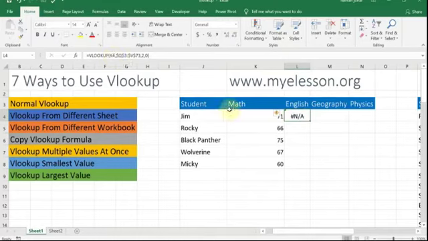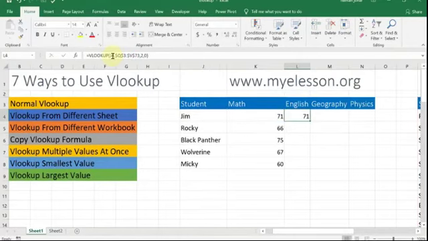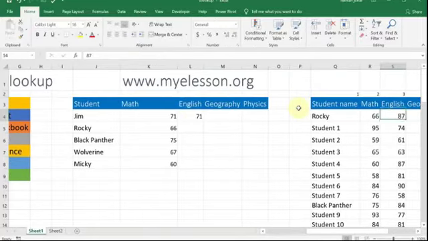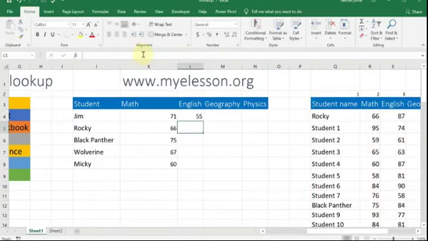So you will have to first of all make it J4. And now once you made it J4, which was the name of the student, it's still showing 71. Reason being the column number that it is looking is column number 2 and the English marks are in column number 3. So you will have to change the column number also like this. So copying VLOOKUP down works easily. It will give you the correct result.